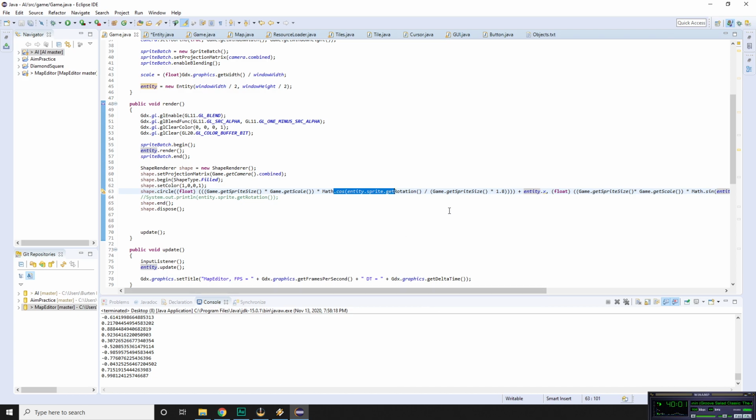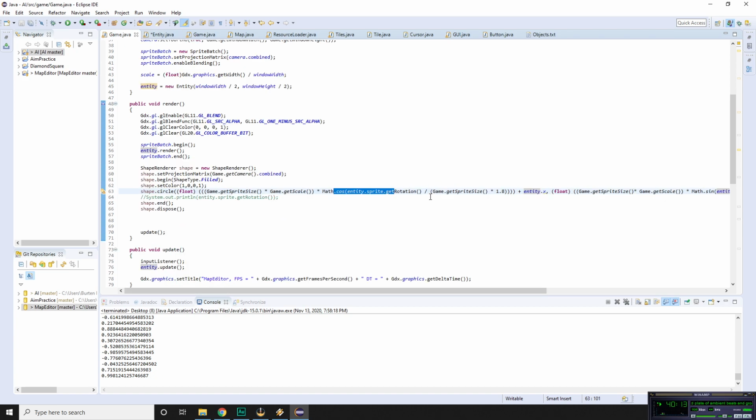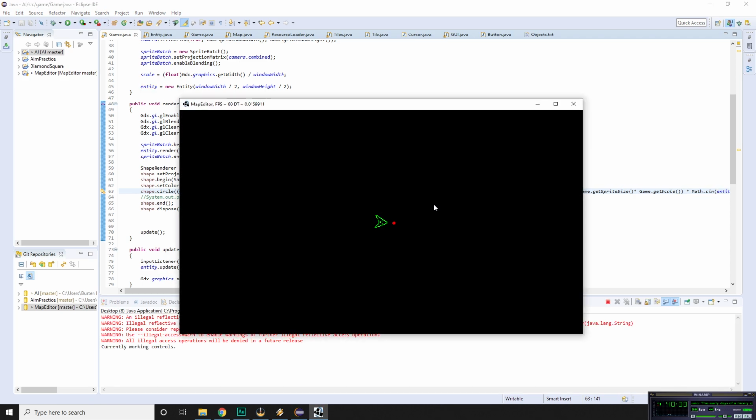Cosine is the X, and then the sin is the Y, and then you get the sprite rotation divided by the sprite size times 1.8. I have no clue what the significance is of this 1.8 here. I will tell you what, if you don't have this, well, I could show you that really quick. So if somebody actually knows math, where I have a degree in not knowing math, but if you see here,